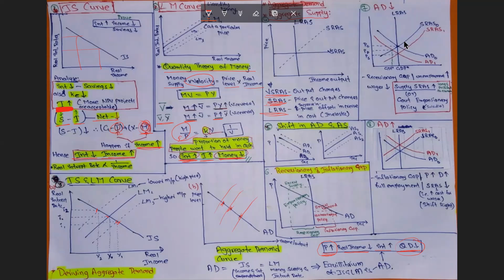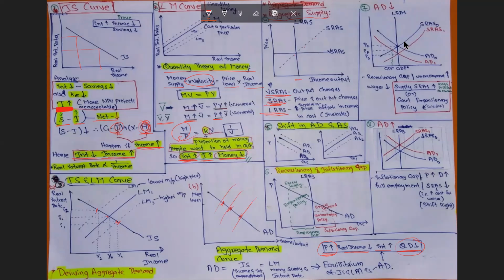So the very short run aggregate supply will remain constant, but in the short run he can change the prices. So the supply curve is upward sloping. But in the long run, whatever increase in price is offset by the increase in input prices, so he will not increase his output, because whatever the increment in price is offset by the price of inputs and wages.